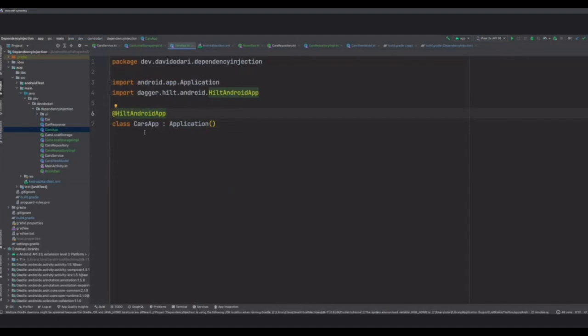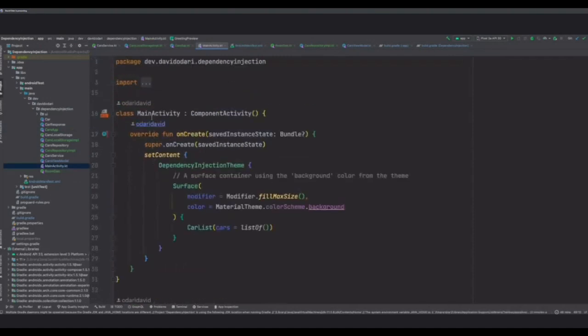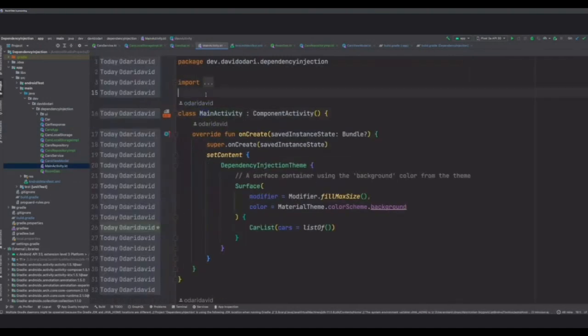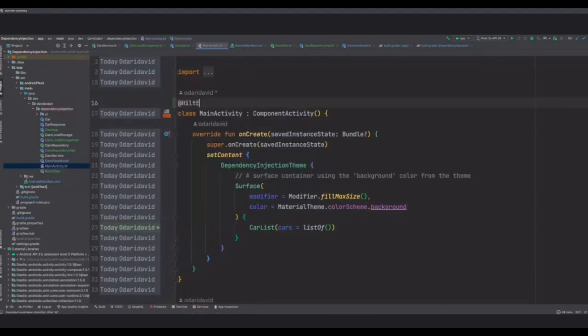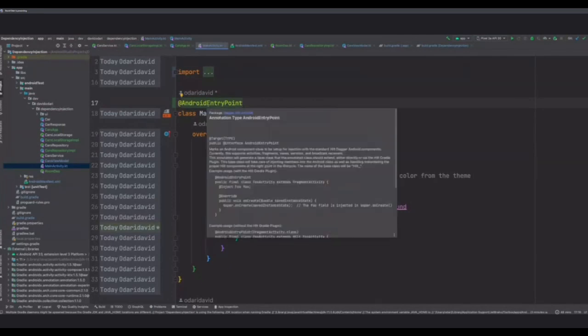So this is a Hilt Android app. The other important place where we need to go check is probably your entry activity, the main activity. I'll call this Hilt entry point. No, it's not Hilt entry point, it's Android entry point. So the Android entry point is usually used to mark Android components. This is one of the other key ones that we'll see a lot.